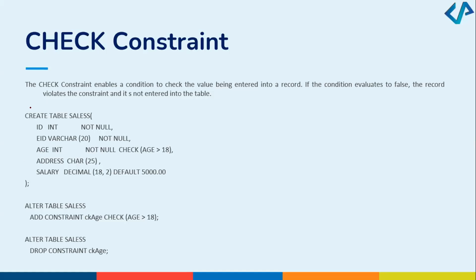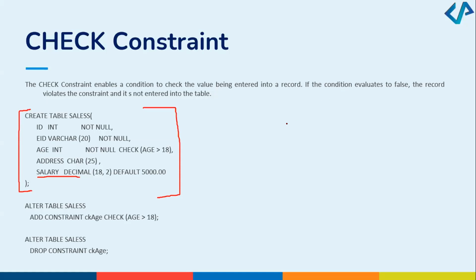Okay. I want all of you to do a quick activity. On this table that I have, I want you to add another constraint, and that constraint is on the salary, right? The salary should not be less than or equal to 0. Can you all try and send this query? The salary on this table should have a check constraint so that it is not less than or equal to 0. Very good. So the constraint that you will be checking is salary check: salary should be greater than 0. Yes, that is the constraint. So this is how different constraints can be applied.